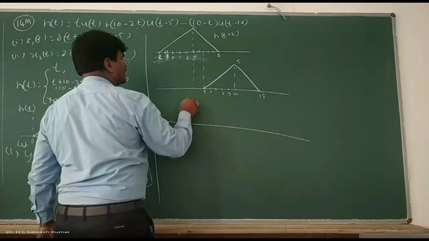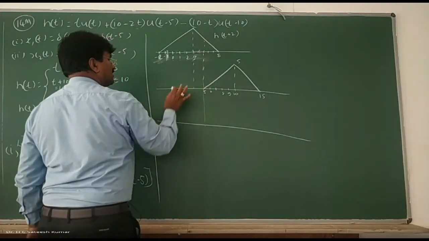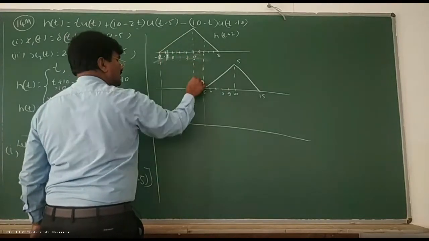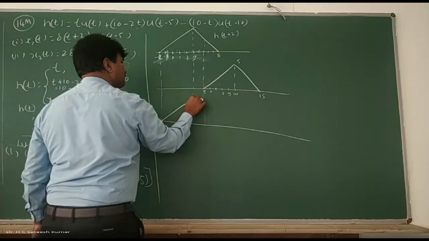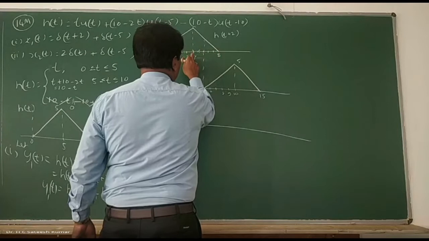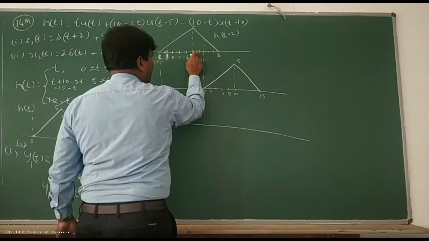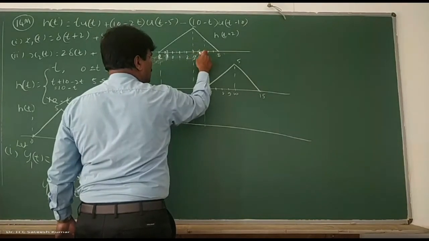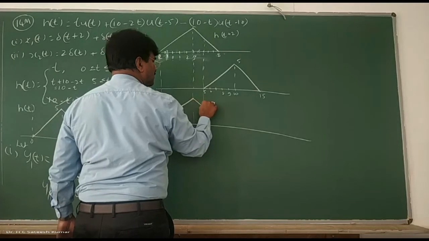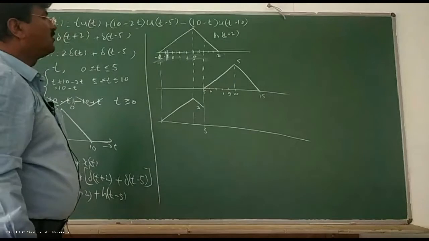So what is that? You can write it. Up to this point, no problem. The reason is 0 plus something, something, so as it is, you copy it. So here you will get the maximum value. And up to this point, from 3 to 8 is 5 units. In 5 units it is going to decrease 5 units. So for every 1 unit it is going to decrease 1 unit. Up to this point it is 2 units, so it is going to decrease by 2 units. If it is decreasing by 2 units, it becomes 3. Amplitude will become 3.